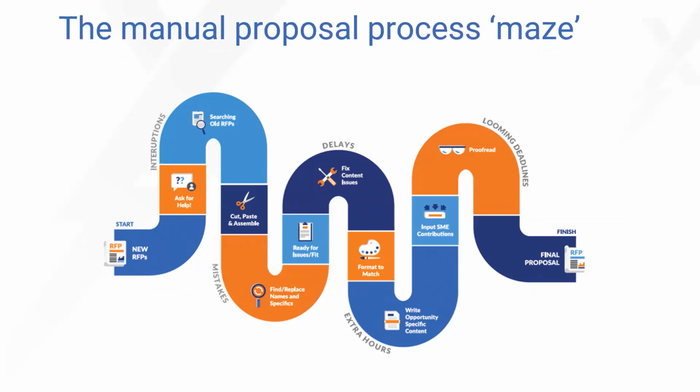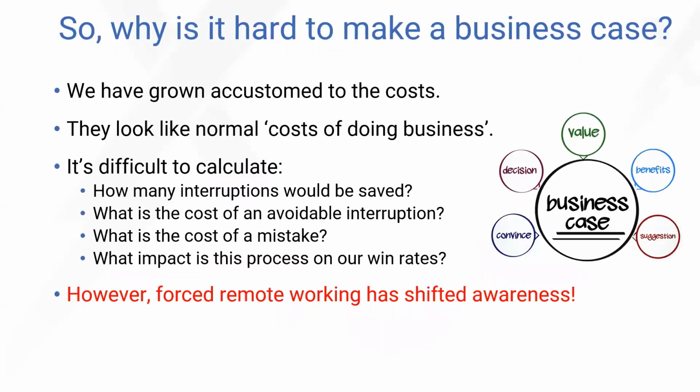So it's not hard to recognize the opportunities there are for mistakes and for inefficiencies here as we're just going through this manual process. But nonetheless, it's difficult to make a business case sometimes. And so I just wanted to talk about that for a second. Why, if the process is that broken, is it a little bit complicated sometimes to build an effective business case and advocate for the dollars so we can invest in really growing this really critical function?